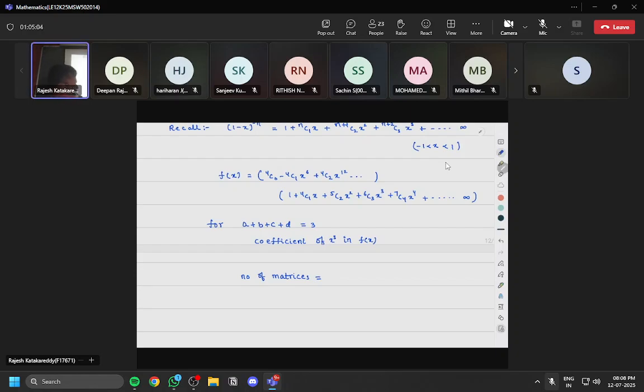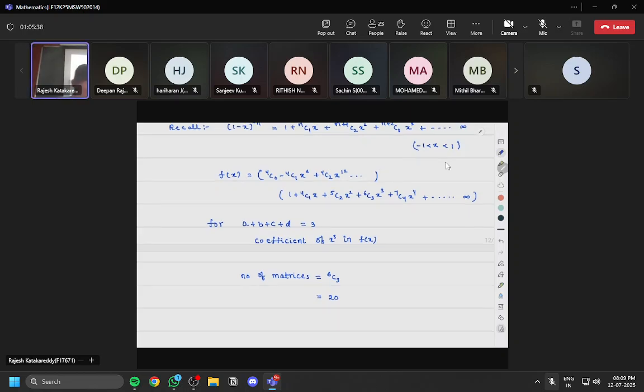To get x cube, the constant I can multiply with x cube. X power 6 if I multiply, 6 I am getting. So it is 6C3. I need some help. Anybody solved in a different way? Can you tell me if we have 6C3 in this one? If anybody solved this problem in some other way, can you tell me? Okay, that is not required, I think. 4 plus 3, correct, 6C3 must be correct. How much is 6C3? 20,